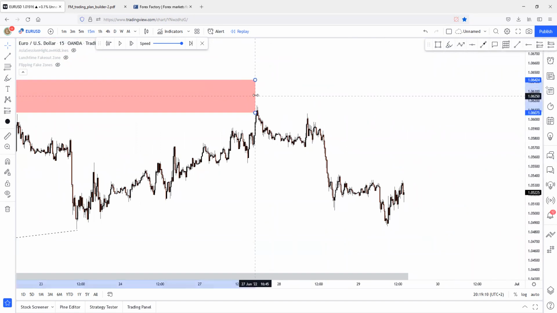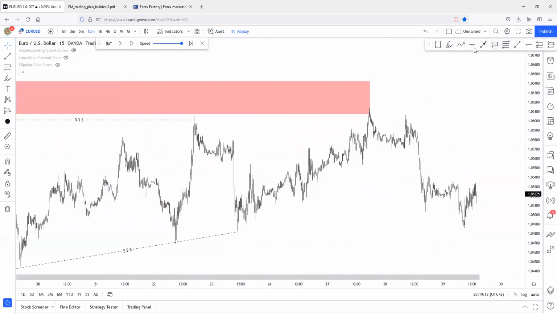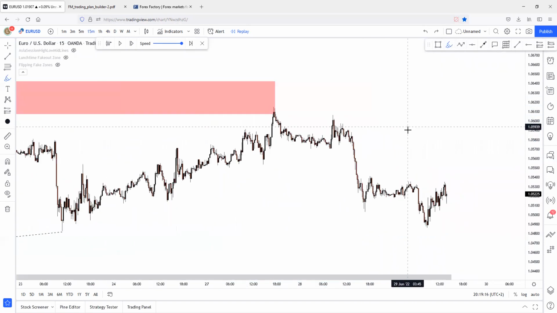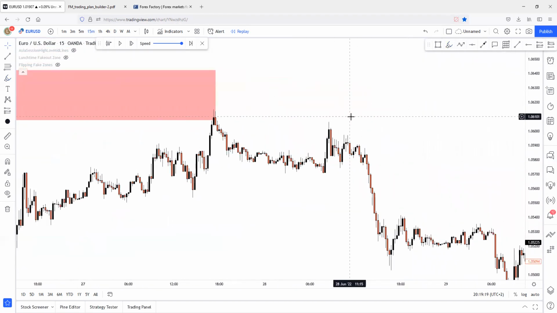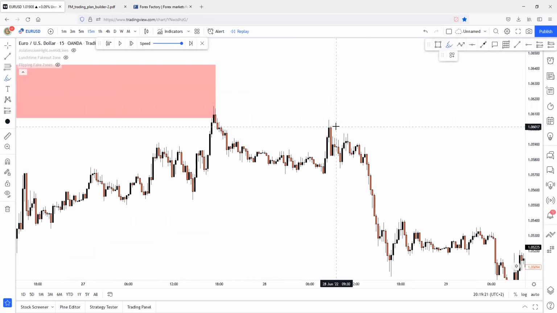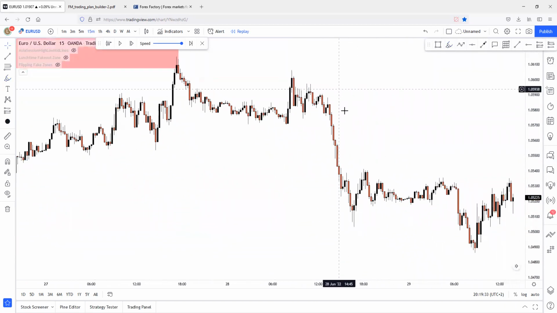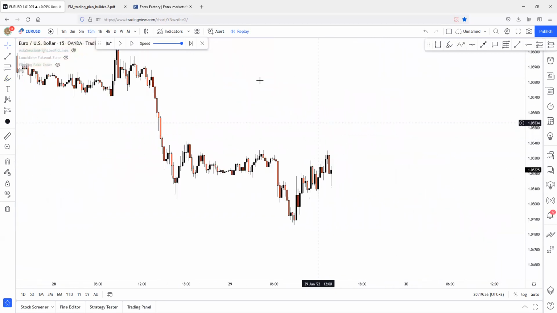Here was the liquidity sweep. As you can see, here was the perfect liquidity sweep of this liquidity, mitigation of the supply, reversal. And this could have been a perfect entry opportunity in the London session, because here was liquidity built up. This liquidity has been swept with this candle, and more likely there was a 1-minute confirmation, as you can see here, and the continuation to the downside. But we don't care about this region because we are not trading London. Currently, we are trading and backtesting New York.